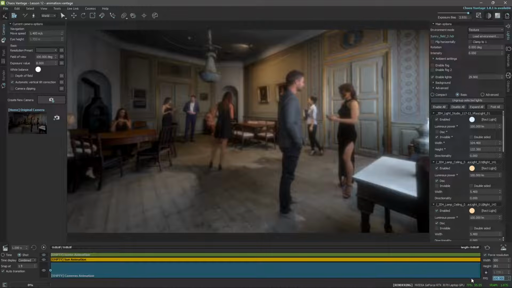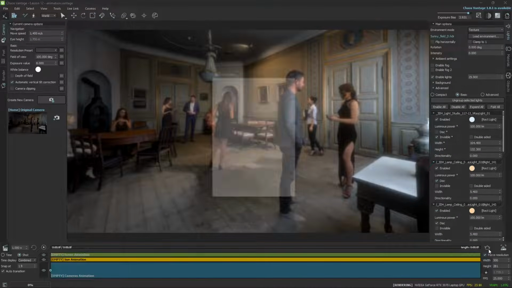So you can check the FPS down there again. If everything looks fine, then you're good to go to preview. Otherwise, you need to render out the animation to see the original speed, the actual quality and the actual speed. So you can set up everything from here, and this is again a preview. When you're ready, you're gonna click on the